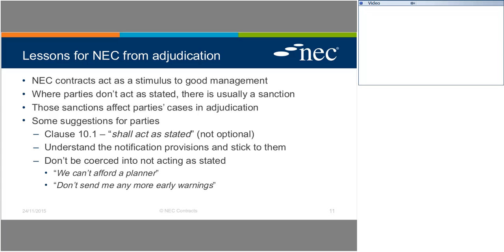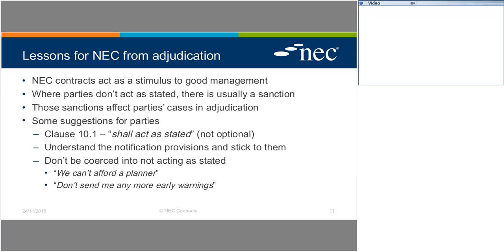Well, the NEC evangelists, as I would term them, will view the early warnings process as a collaborative tool. But you cannot deny it feeds through into disallowed cost in the target cost and cost reimbursement options, and it feeds through into a reduced assessment of compensation events if the contractor does not submit them. So to some extent, I think project managers are cautious when they receive early warnings, particularly a large volume of them. Is this collaboration, or is this about to set off a large volume of incoming correspondence?